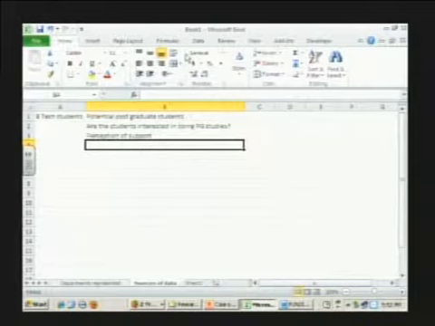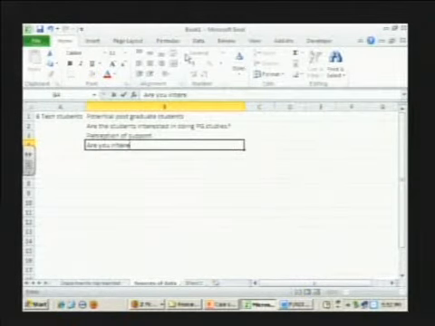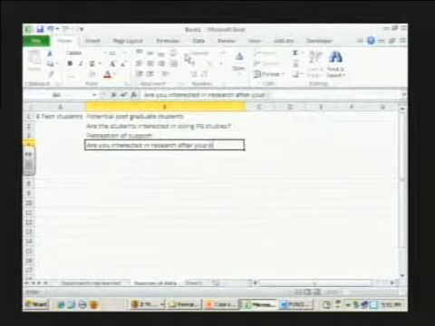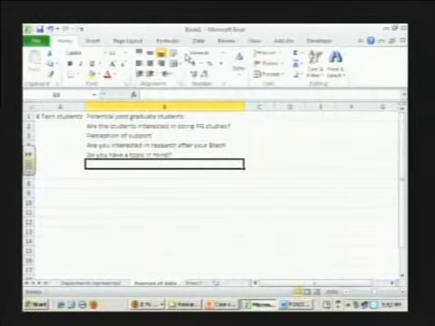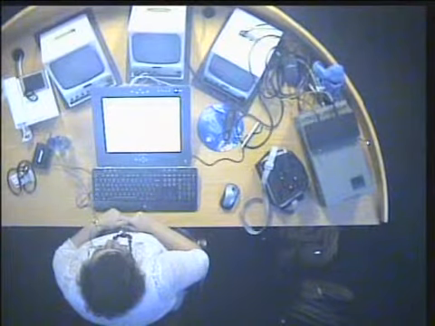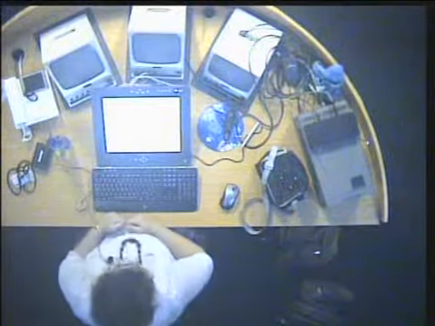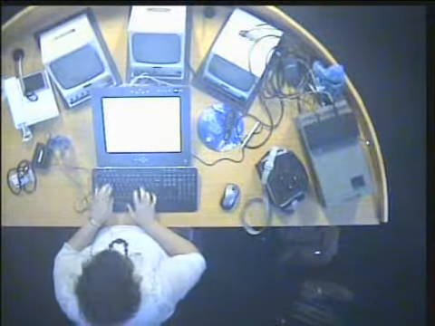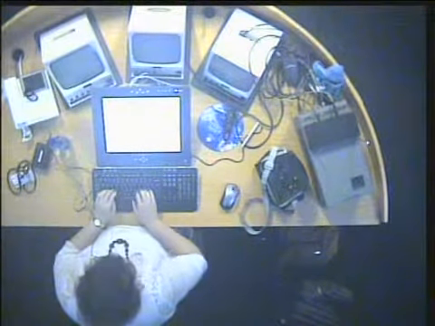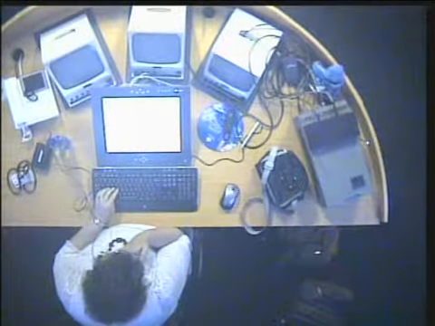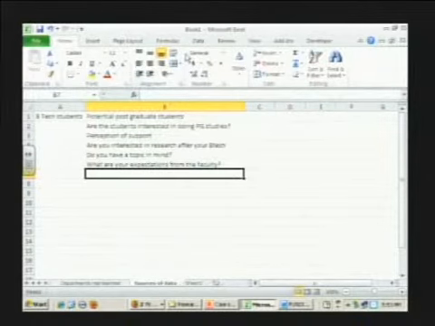How do I put interest being tickled in academic language? Are you interested in research after your BTech? Do you have a topic in mind? What other questions can we ask the BTech students? And maybe if you are not going to do postgraduate studies, why? Why would you not